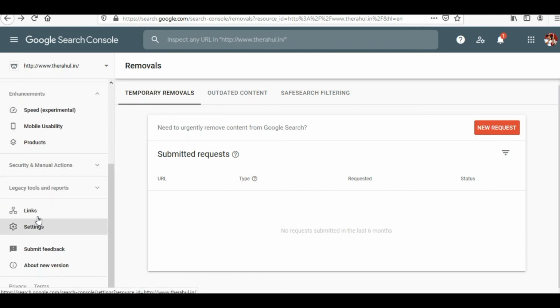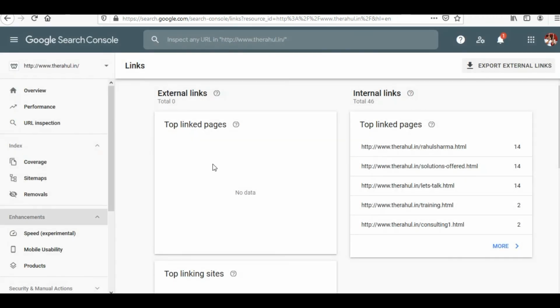Then there is one more thing, links. Now links is simply telling us from what external links people are coming to your website, or which backlinks are working better. In the option of top linked pages in my website, there are no backlinks from any of the sites. That is why it is not appearing over here. Whereas internal links, they are telling total 46 internal links are there and top links are these 5.